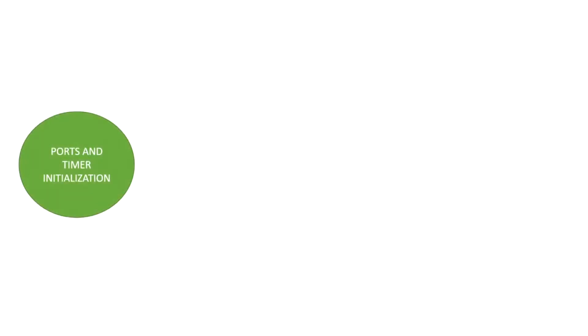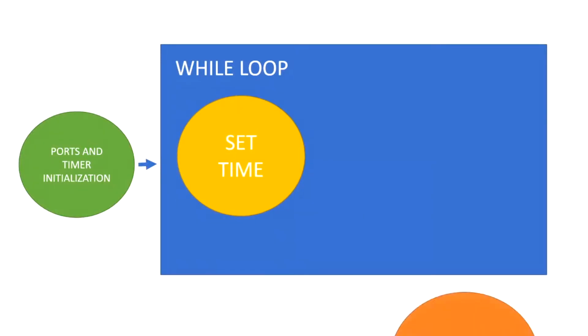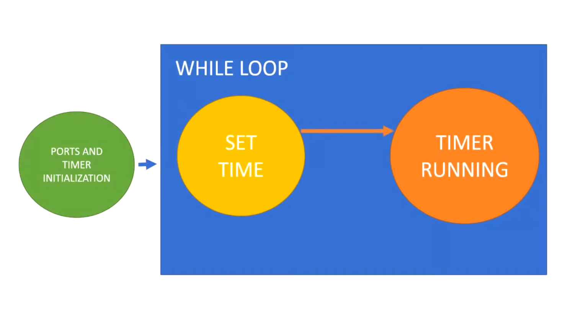For its software, it's broken down into 3. First, we initialize the ports, LCD, I/O modes and the timers, then the infinite loop is divided into 2 states, set time and timer running. After setting the time, we'll go to the timer running, and when the timer is done, we'll go back to